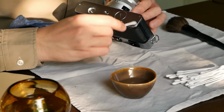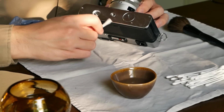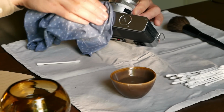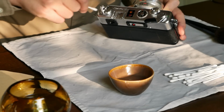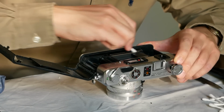And like that, I slowly and patiently cleaned the camera, which is actually a very nice act that gets you more familiar with the camera, and is really a joy to do that. And in this case, on a calm Sunday morning when I just had time, it was quite nice to do that. And at the very end, I opened the back and also cleaned roughly in there, kind of removing some